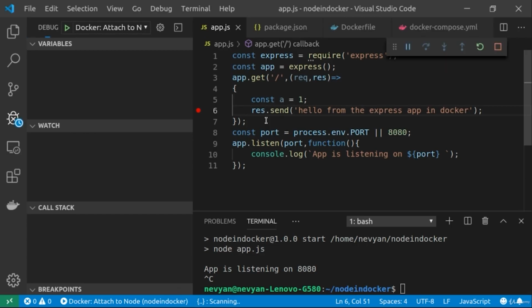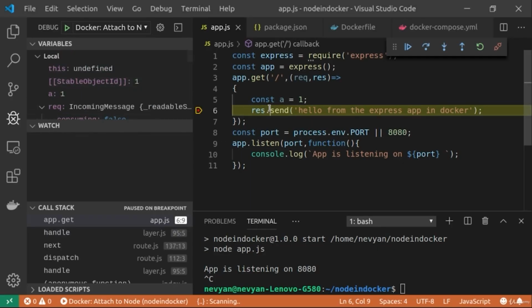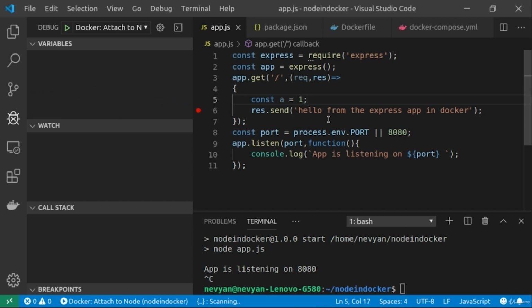And if we run the debugger and click on refresh here, we should be able to see the value of this constant we set, inside of our debugging variables. We disconnect from the debugger, and you saw how easy it is to set up debugging inside of the container of a Node application. All right, guys,